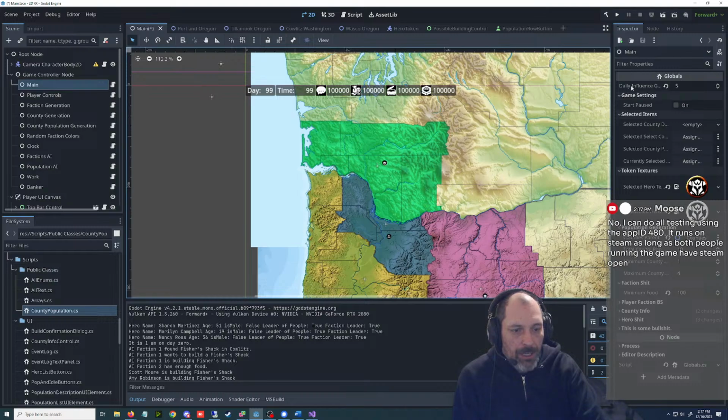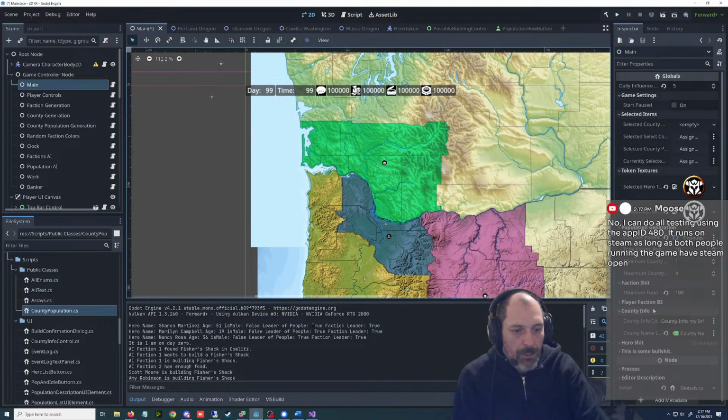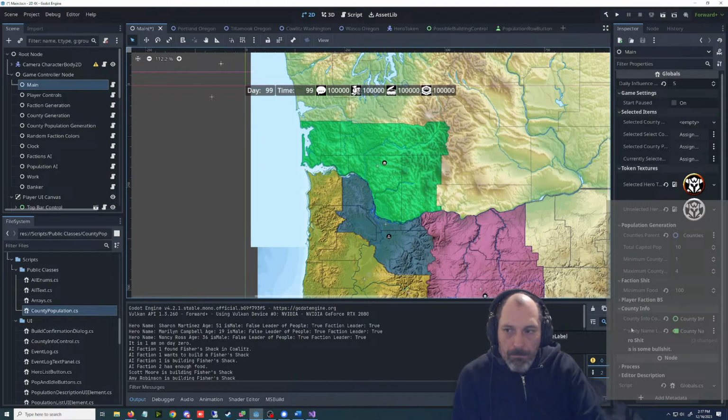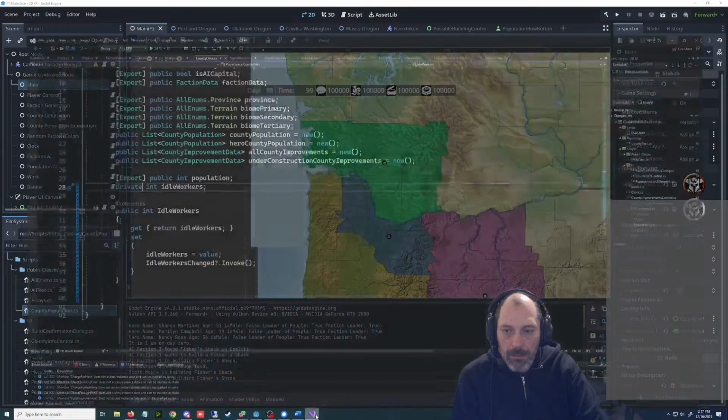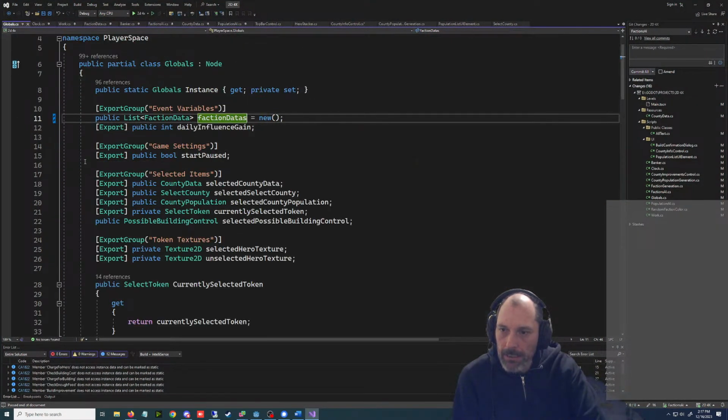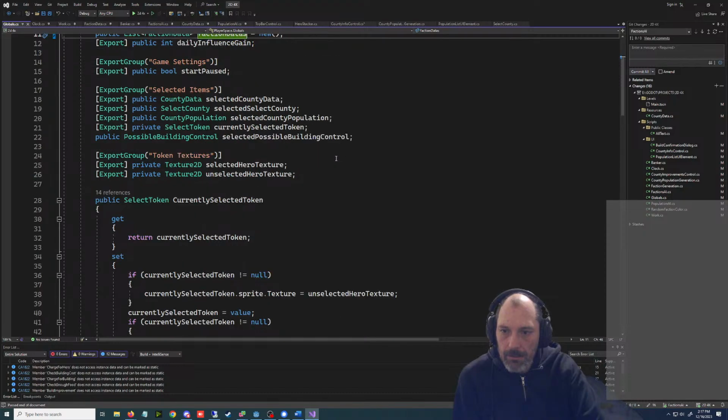I would have probably had to drag it over. County info. Here it is. Why is it up here?